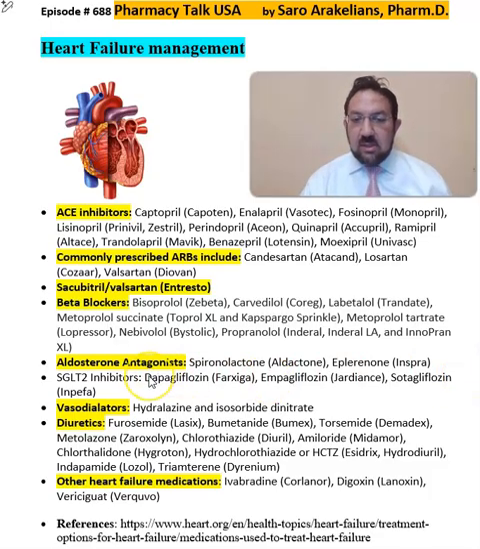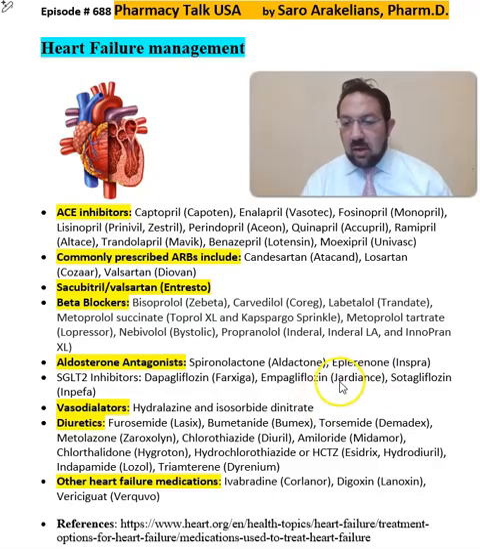Then we have the SGLT2 inhibitors, which have recently been in the news with the guidelines for helping with heart failure, such as dapagliflozin, Farxiga, empagliflozin, Jardiance, and sotagliflozin, Inpefa. Then we have vasodilators that help vasodilate the vessels so you get better blood flow to the heart: hydralazine and isosorbide dinitrate. We have diuretics, which include furosemide, Lasix, bumetanide, Bumex, torsemide, Demadex, and metolazone, Zaroxolyn, chlorothiazide,